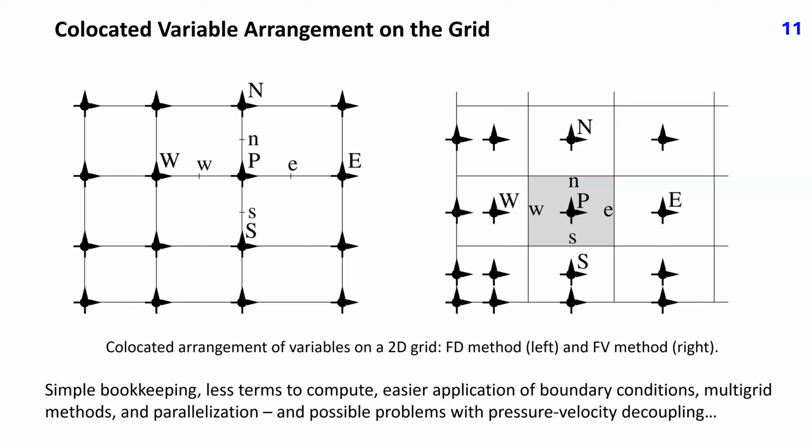There are less terms to compute because many parts are common for all variables. Application of boundary conditions is easier, especially in finite volume methods, because control volume boundaries can be arranged such that they coincide with edges or discontinuities in materials or boundary conditions. It is easier to implement multigrid methods because the same restriction and prolongation operators apply to all variables. And parallelization of the code is easier because all velocities can be exchanged between neighbor processors in one data transfer